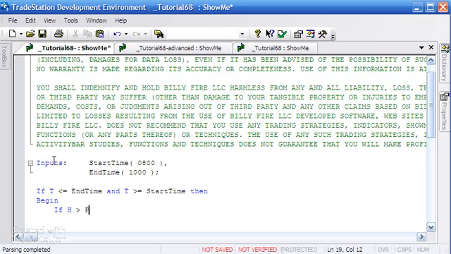I'll do that in a second, but if high is greater than period high, then period high equals high,